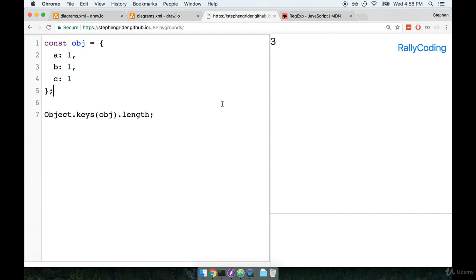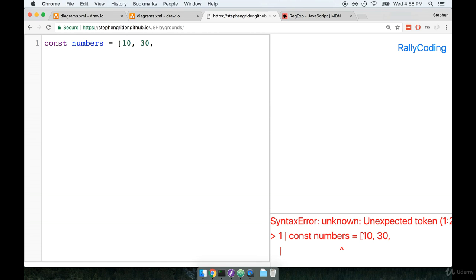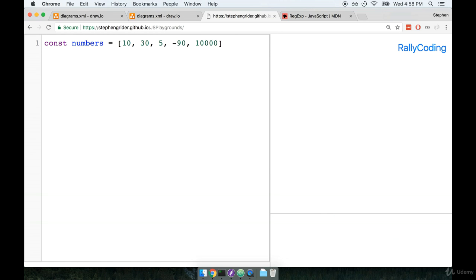So I'm going to flip on over here. I'm going to make an array, and then we're going to look at one specific method that exists on an array that will make solving these anagram things pretty straightforward. So let's make an array of numbers. And I'll give it about 10, 30, 5, negative 90, 1, 10,000, whatever that is. So here's the interesting function that I want to show you. We're going to look at